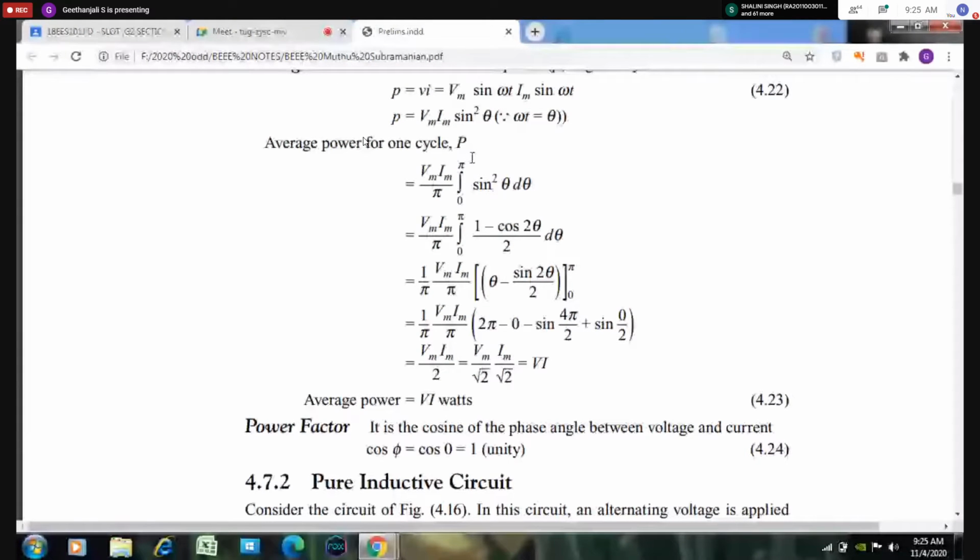Because it is bidirectional. If we take from 0 to 2 pi, then we will get bidirectional. Okay. So bidirectional means we need to consider pi. Did I tell like this? This is wrong. Why should we substitute pi instead of 2 pi? So from the diagram we know that in pi, the answer will be positive. If we take 2 pi, the answer will be 0.